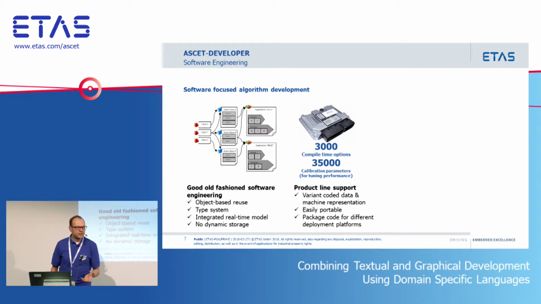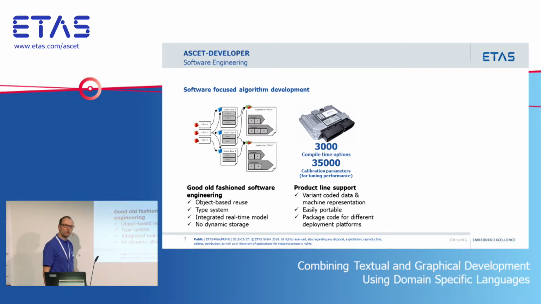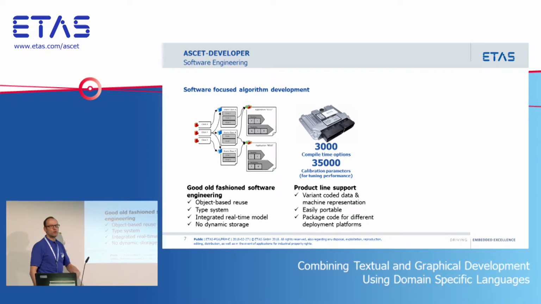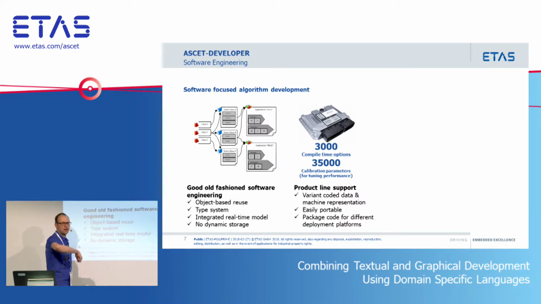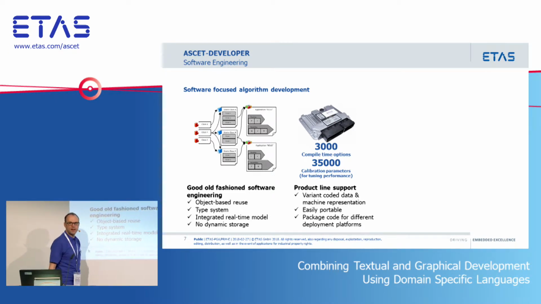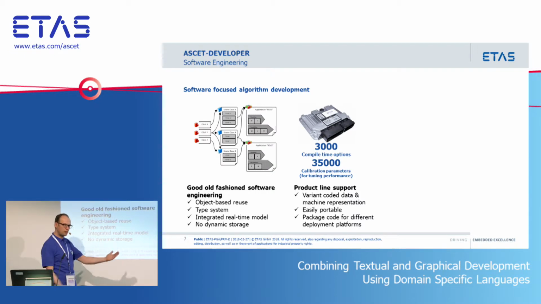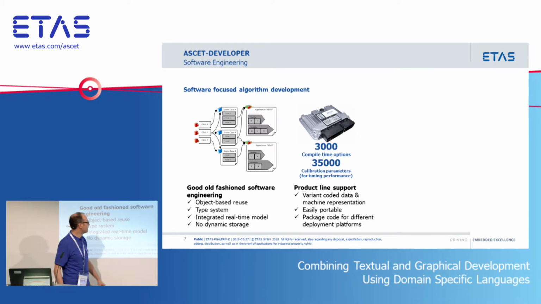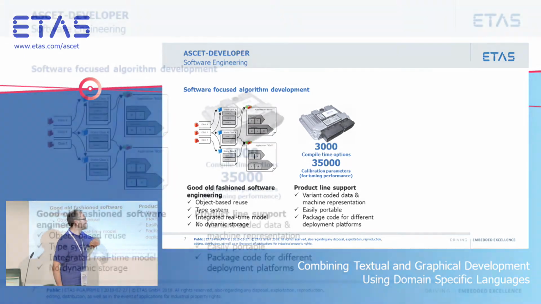We can also make code easily portable. This is kind of important if you're using ASCET in a non-AUTOSAR context, because you want to write the code, but you want to deploy it on multiple targets. But you want to be able to define those independently of the code itself, because otherwise you end up with #pragma SECVAR .bss somewhere all the way through your code. And then you come up with a new target and a new piece of hardware, and now you have to do all that again. And in ASCET, we abstract that. You give us some synthetic names, and we just roll a definition file in at code generation time. And we can also make that work with AUTOSAR, as we'll see later.